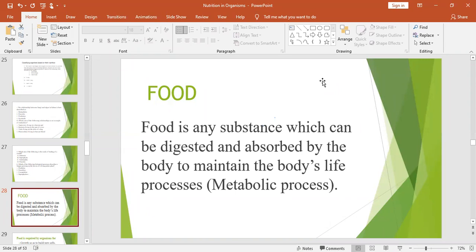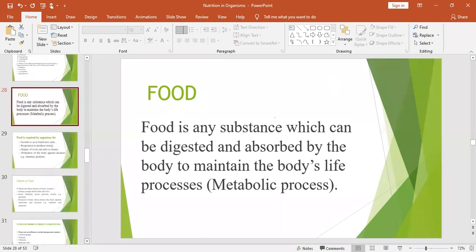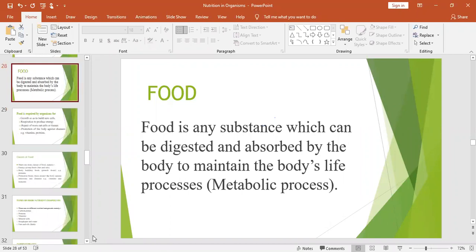We have, of course, several types of food required in the body. And that is what determines what our diet is, because what you may eat, another organism may not want. While you throw the bones away, the dogs want them. While you don't eat the wood, the termites need them. As long as any other organism can take it, digest it, absorb it, and use it in its body, it is termed as food.